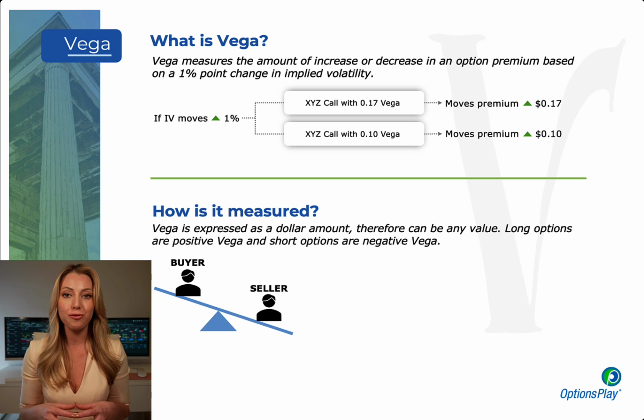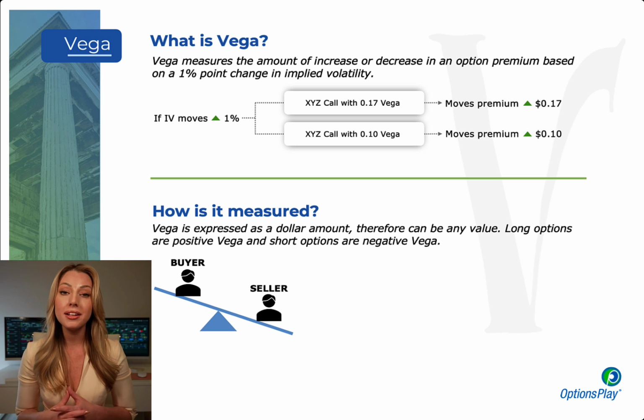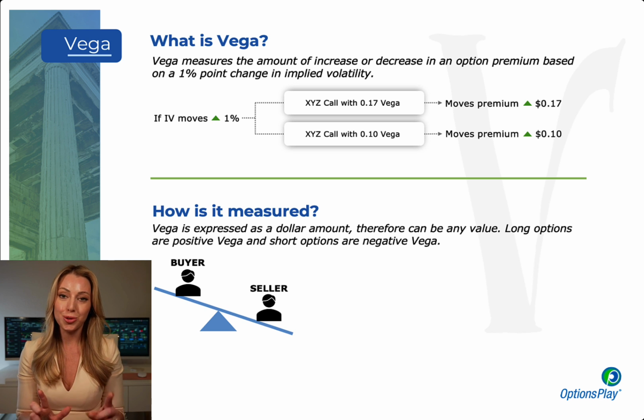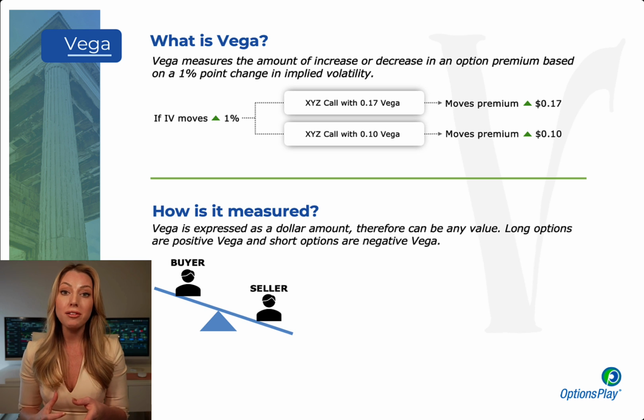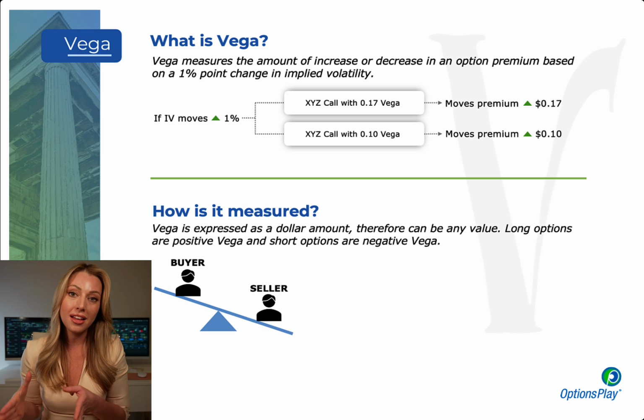Now let's look at Vega. Vega tells us how much does volatility affect my option? And that's important to know. Are we sensitive to high volatile environment? Vega, not to be confused with implied volatility, but Vega actually measures the change in implied volatility. So if implied volatility were to move by a 1% point change, Vega tells us the effect that that has